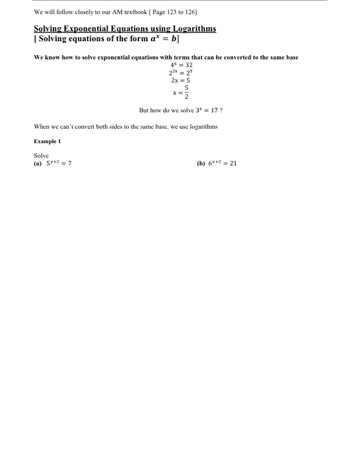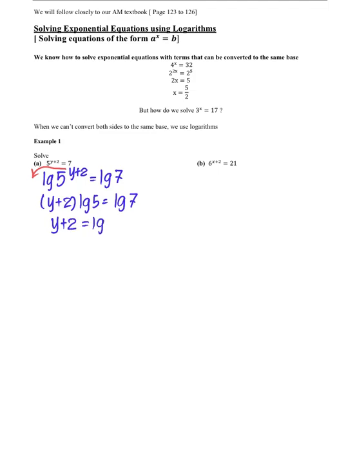Okay, so let's look at example 1. Solve 5 to the power y plus 2 equals to 7. There is no way we can convert 5 and 7 to the same base. These two are prime numbers anyway. So we will take LG on both sides, and then we apply your power law. So this would be y plus 2 LG 5 equals to LG 7. So y plus 2 is equals to LG 7 divided by LG 5,